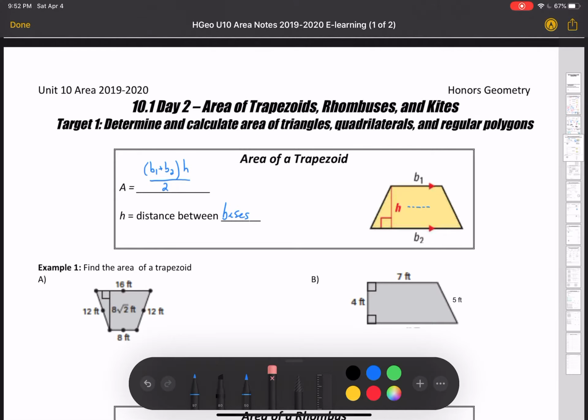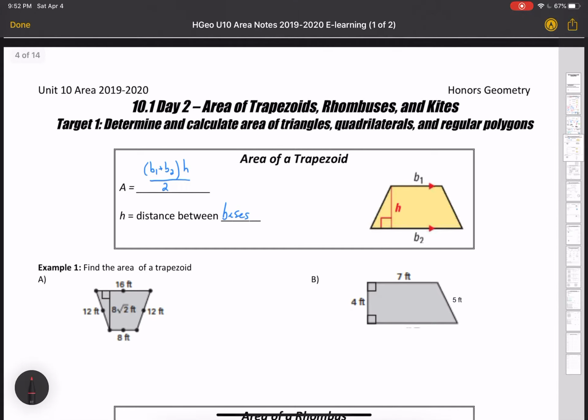Now let's use it. So if I look at my first example, we see a radical in there, but that's no worries. Okay, the height is perpendicular to the bases, so here in red, those are the two bases. The 12 and the 12, I don't care about those. Those are the legs. Those aren't going to help me with my area formula. So the area of this trapezoid is going to be base 1 plus base 2. Got to do that first, because that's going to be the whole base, multiplied by the height,